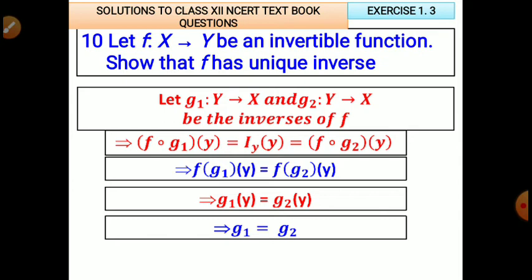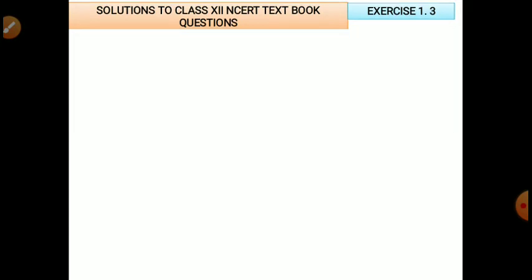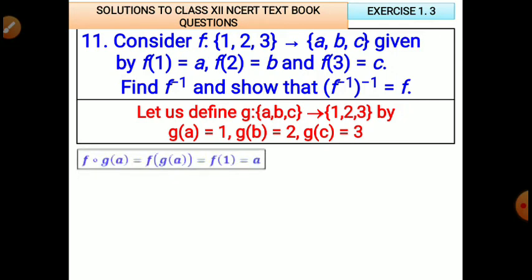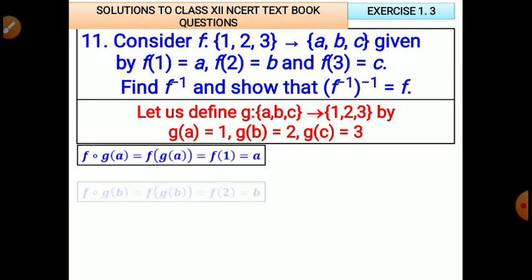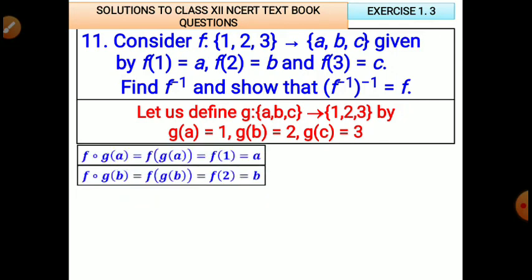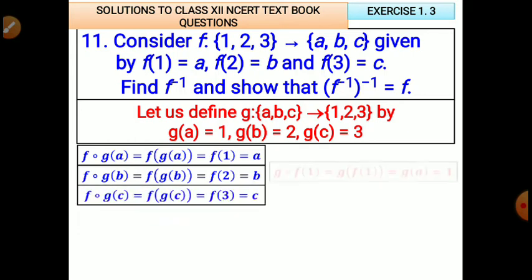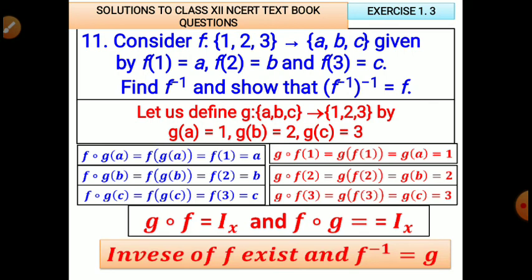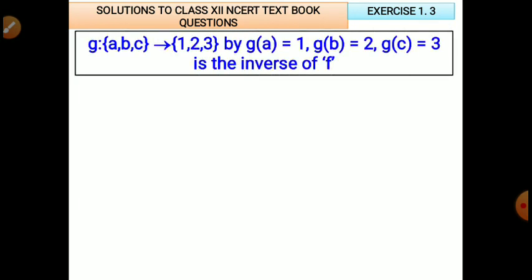f circle, means fo g1 of y and fo g2 of y, both should be the identity functions. So from this you are going to get g1 is equal to g2, hence it is unique, okay. It looks a little bit complicated but is very easy. And now see here, this is also very simple, okay. Try to understand the problem, and if you have any doubt you can easily understand and solve it. Now let us see here.